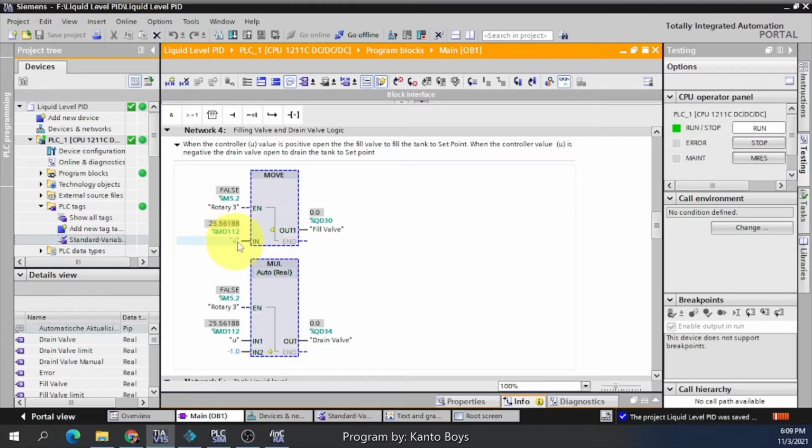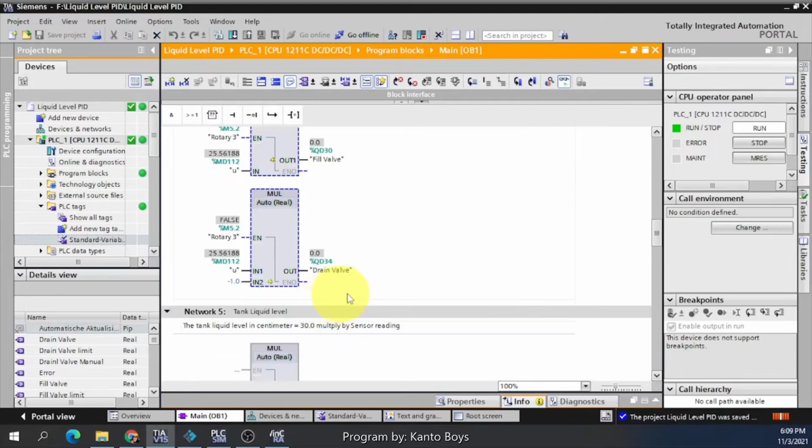If the set point is higher than the liquid level, the controller output is positive, so the fill valve should be open to fill the tank.